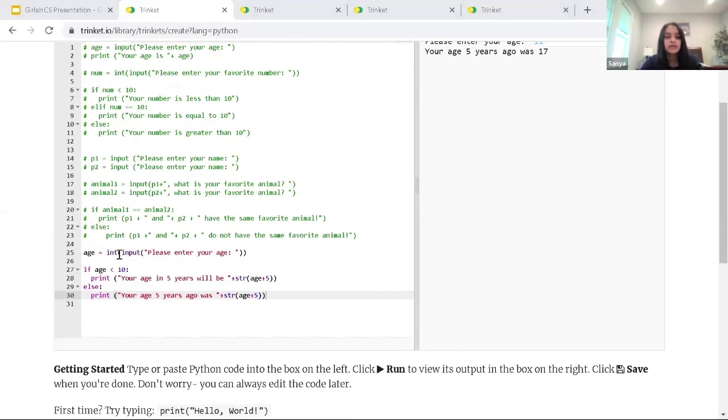Okay, so we're starting off with the input, please enter your age. So again, the data type of anything that uses the input function is a string. So age, before I converted to an integer, so ignore this part, age currently would be a string. But since we do want to do a math operation in the future, like over here,